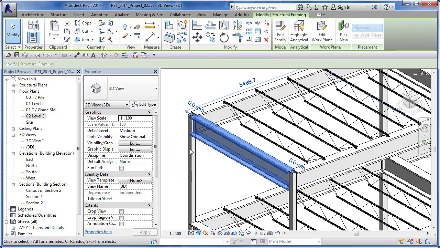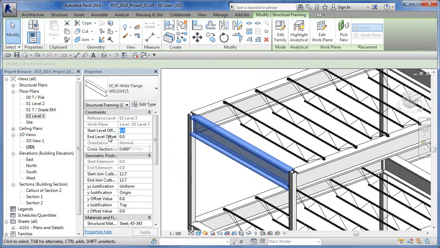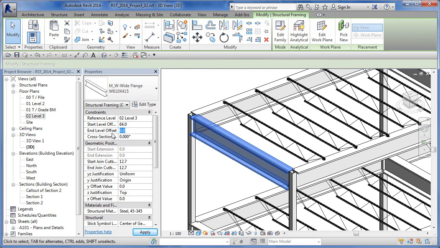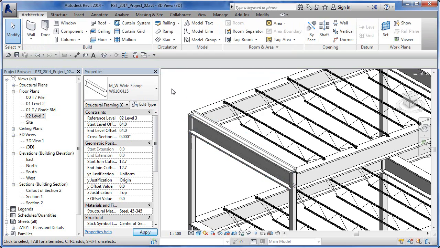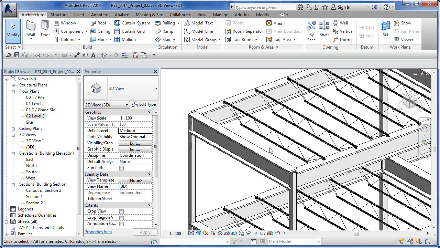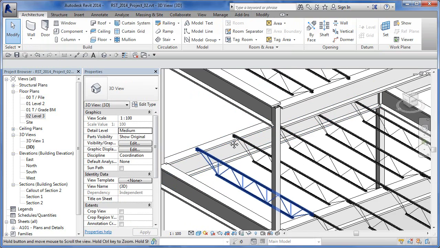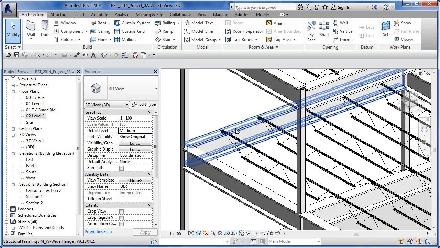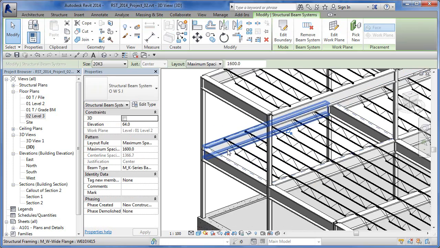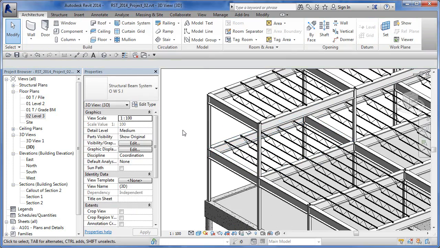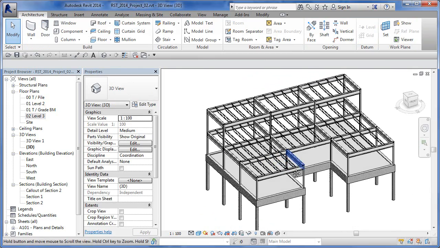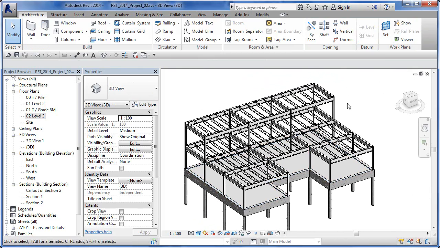Now I might want to grab this guy here and do the same with the start and end. I'm going to go 64, do a Control C, copy that to the clipboard, and then Control V to there. So then kind of lift that guy up in case there's some deck that has to come across. So your spandrel beams, you might have to raise them up by that same distance, by the start and end. In this case, if you tab, you can pick the whole beam system by picking on there and then setting the elevation of it. So there's just a quick lesson on raising a beam system up using the elevation property